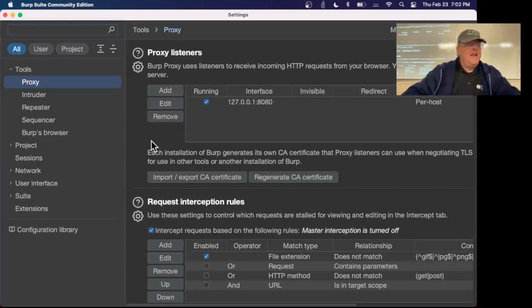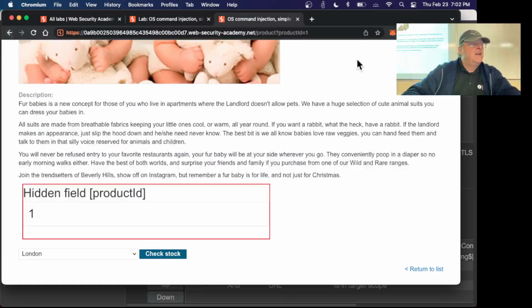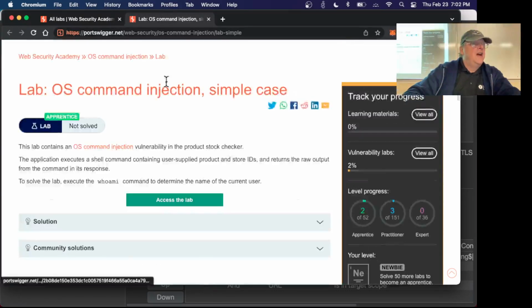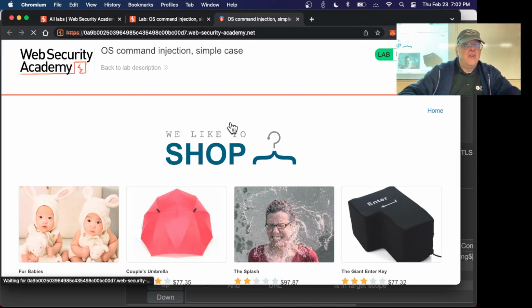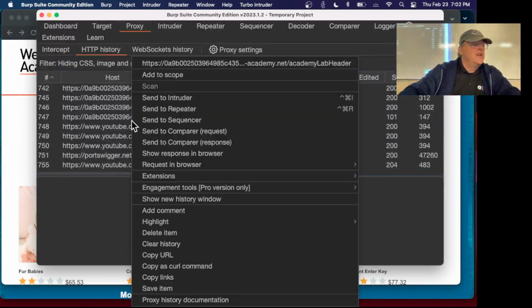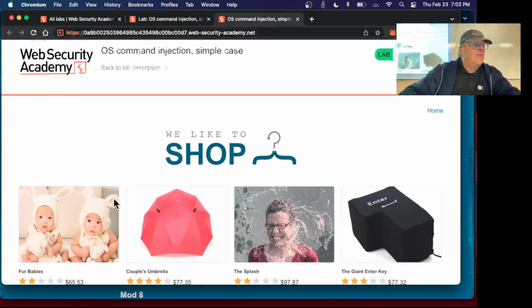All right, and then go back to here, and what if I just reload this? Let me just go back to here, reload this. Oh, I see. All right, I gotta open this one again. All right, now I'm gonna go clear the history again. I don't need this window anymore. There's the history. I get rid of the old stuff. All right, now I click one of these details,